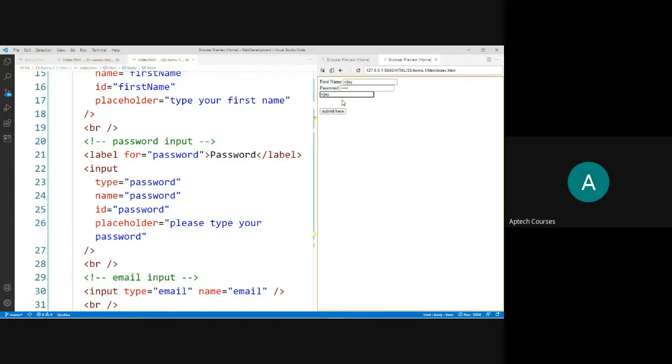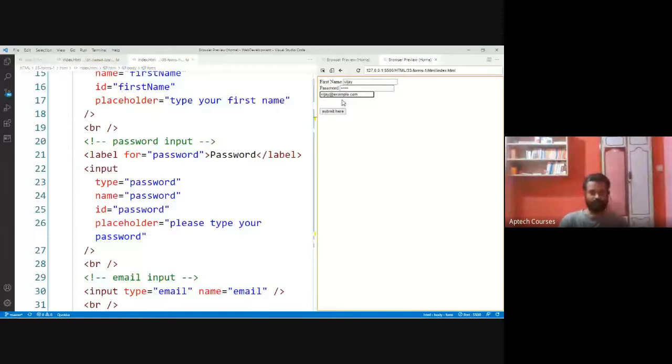Every email will be having @ symbol, right? That is what it is expecting. Every email address will be having @ symbol. Then at example.com. Example also fine.